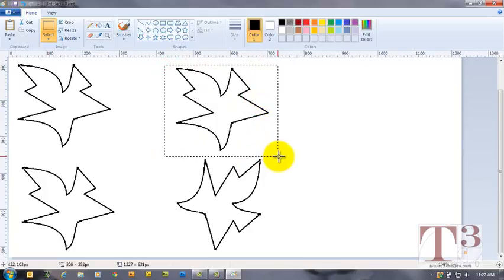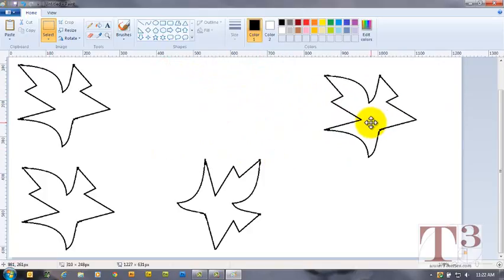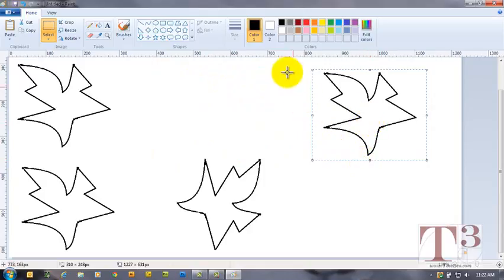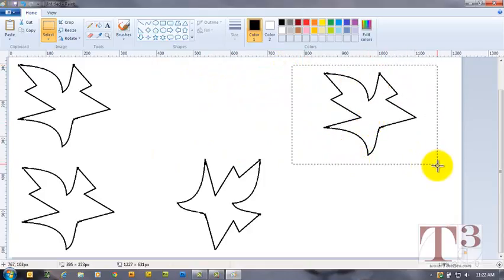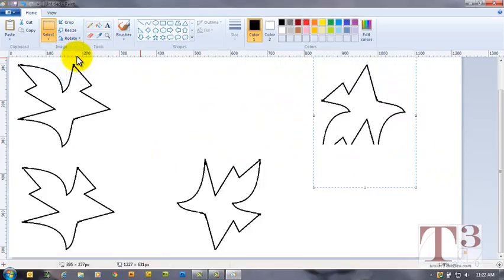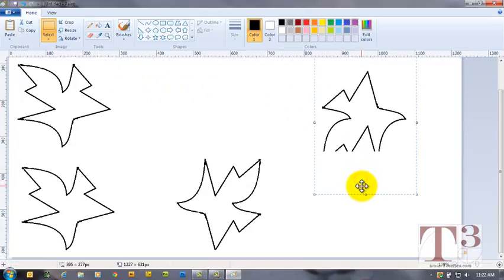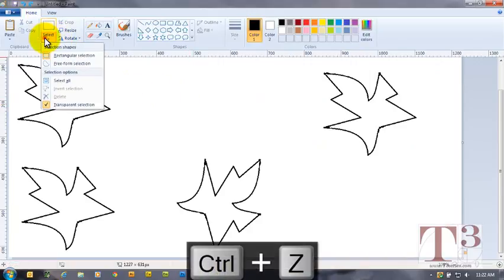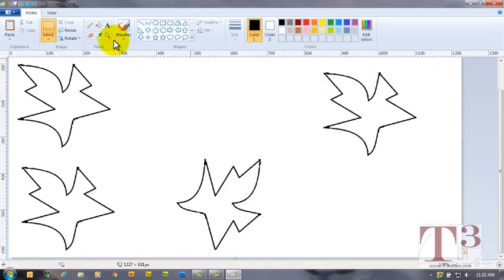Select from here to here. I'm going to move him over, and then if I select that, let's see what happens here if I rotate left. Oh, it still chops off some of them. I'm not sure why that happened. So I guess we won't be able to do that. We're not going to rotate left. Okay, but what we will do is we'll take and maybe we can